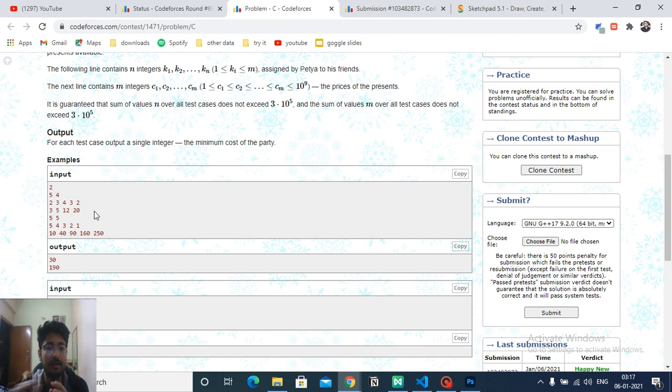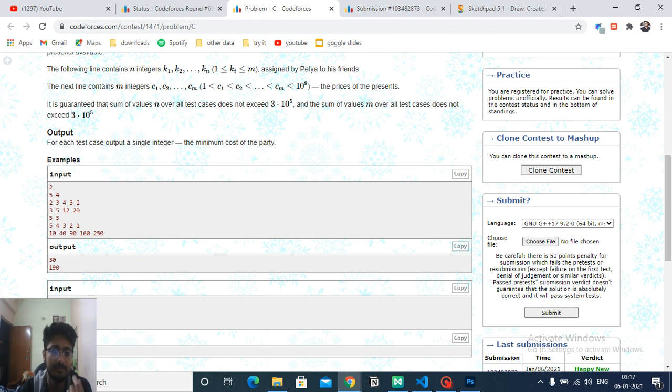Let's assume that there are 4 gifts in the shop. These are the 4 gifts. The values of these gifts are sorted, from the smallest to the largest. Now every person has some number assigned to them. As you can see, this is 3rd, this is 4th, this is 5th, and each is between 1 and the number of gift presents. So now if this is 4, then Pitya will have to give this person,